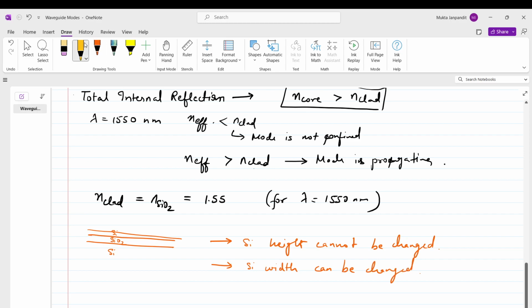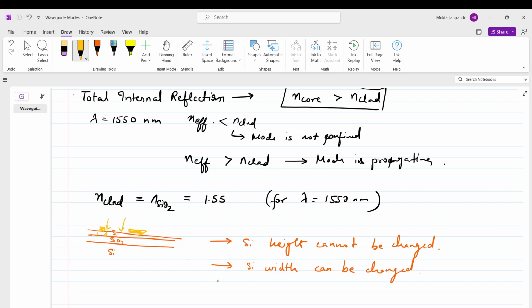You need to understand how we will go about fabricating. We will define certain regions, deposit PR in certain other regions, and then etch it, right? So we'll etch some portions. Whatever is left, that is the waveguide, and the rest of the portions will get etched. So it is possible to change the width based on the openings in the photoresist region, but it's not possible to change the height once the wafer is fabricated.